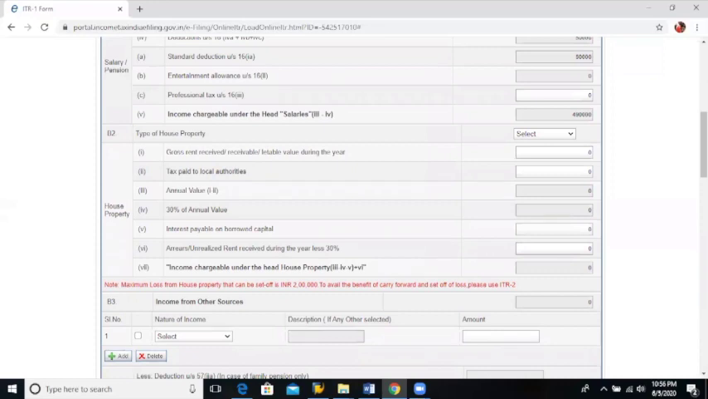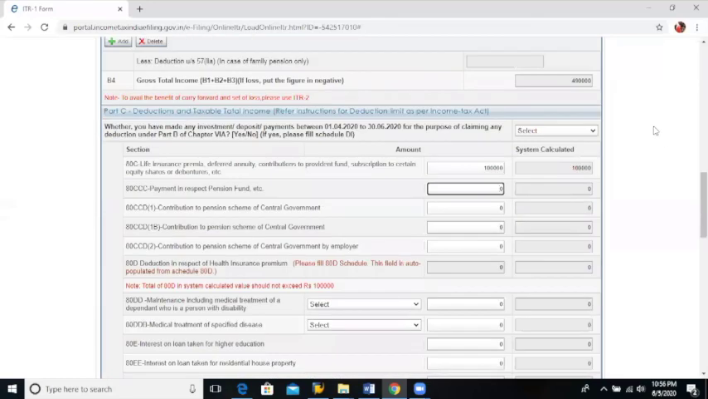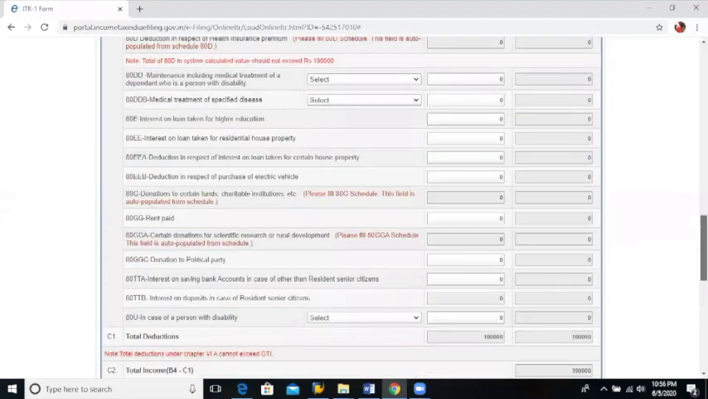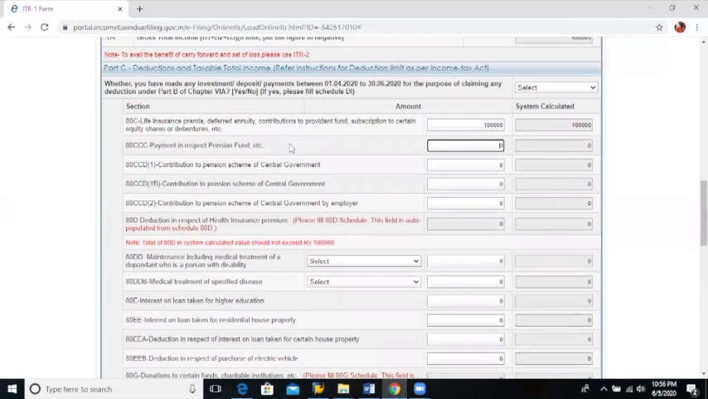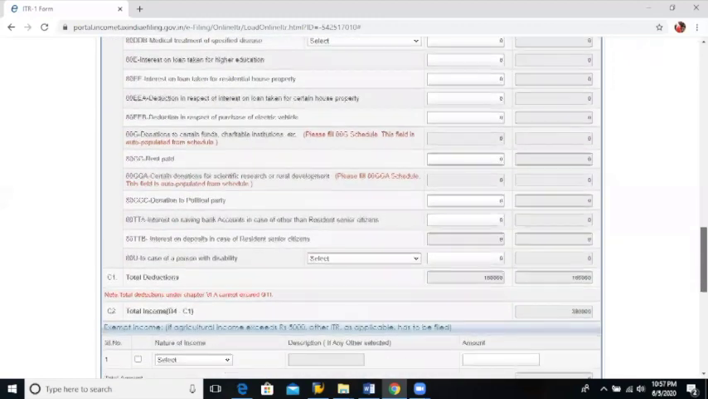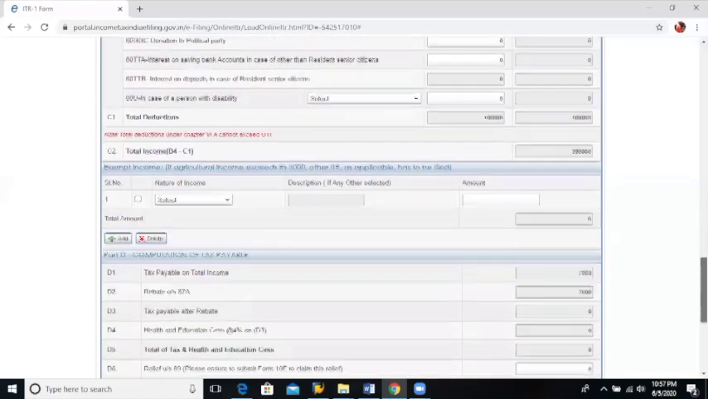Here your income chargeable under the head salary is 4,90,000 and your gross total income is 4,90,000, minus all these deductions, your total income which will be shown as 3,90,000. Okay,